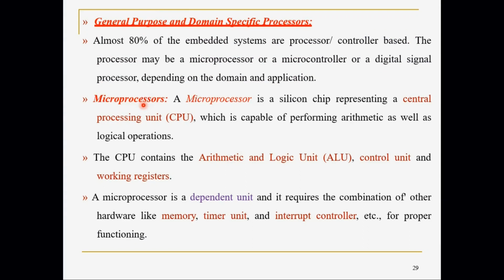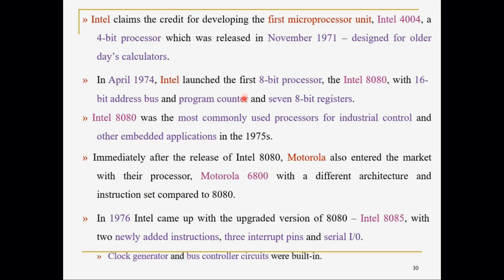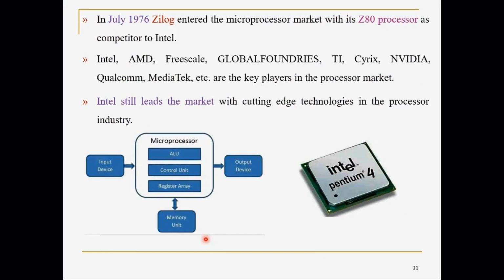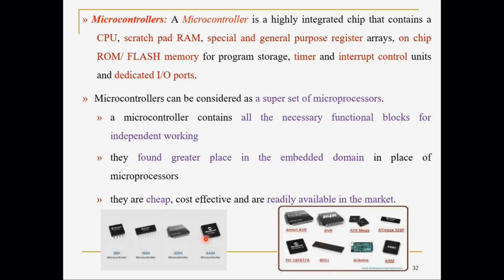We know what a microprocessor is. You go through this theory; you know already what a microprocessor is. We have studied it in computer organization as well as the first two modules of this course. Then we have discussed various microprocessors developed in various years, the history. So this is about the microprocessor. Or if it is not a microprocessor, we can have a microcontroller as a core. A microcontroller is nothing but a little lesser capacity than a microprocessor. If a microprocessor costs 15,000 or 20,000, like Intel or AMD or Motorola, a microcontroller costs only 100 rupees or 200 rupees.